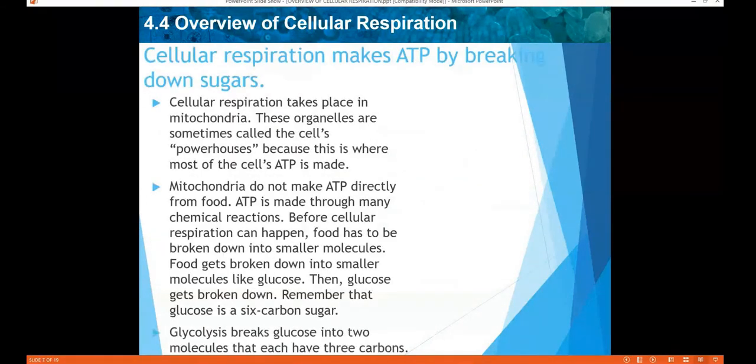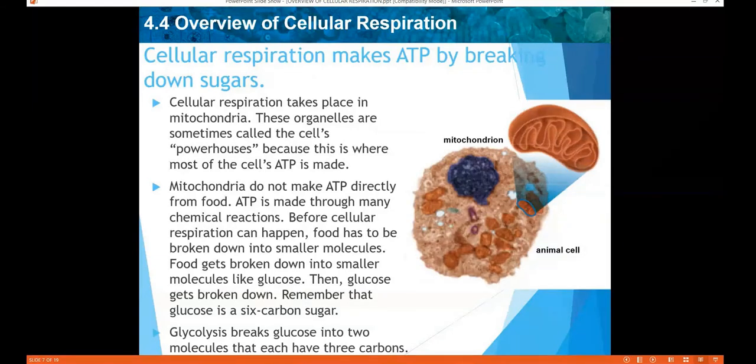So let's talk about the first subtopic, which is cellular respiration makes ATP by breaking down sugars. Plants use photosynthesis to make their own food, and animals eat other organisms as food. But food is not a direct source of energy. We cannot get our energy directly by eating our food. Instead, plants, animals, and other eukaryotes break down molecules from food to produce ATP. So the food we eat needs to be broken down to produce the energy we need